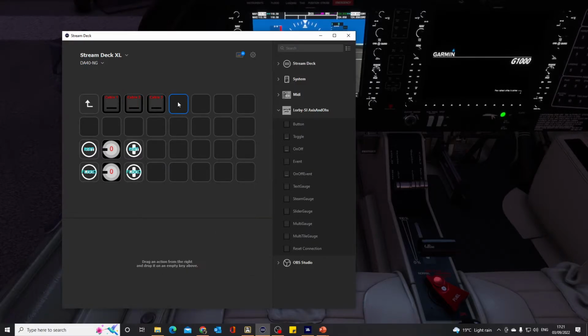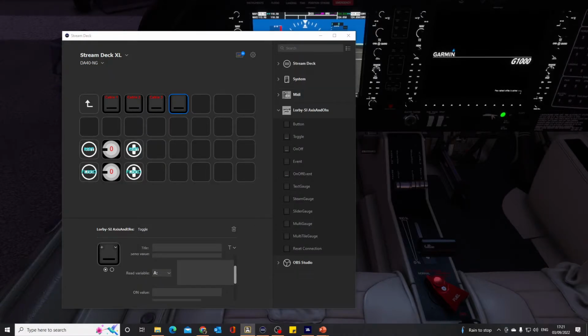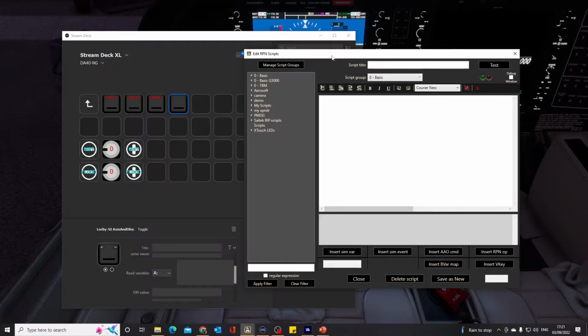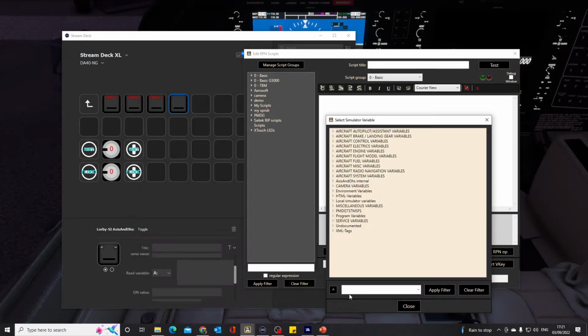So I said I've got that there just as a quick demo, so I'll show you how I enter the variable, which is a little bit tricky, catches people out on the variable. So I do that using my script editor from X's and O's. And I'm going to insert a variable, and I'm looking for cabin. So we'll search for cabin,